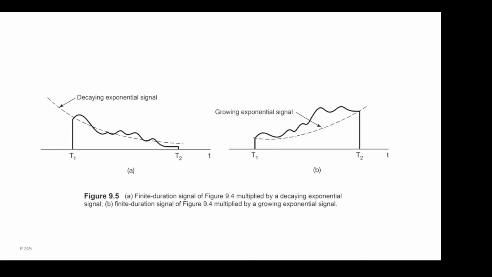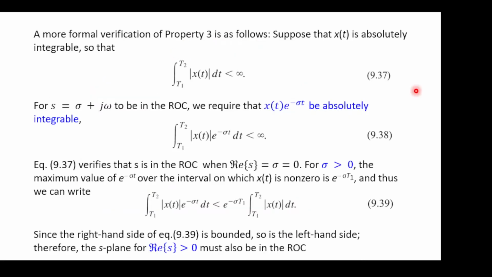Then we think about what happened to x of t e to the minus sigma t. So this one is sigma bigger than 0, and this is sigma less than 0. And we think that they are still pretty well behaved, so they should both be absolutely integrable. And that means for any sigma, your Fourier transform converges, and so they are in the ROC. And so we can see